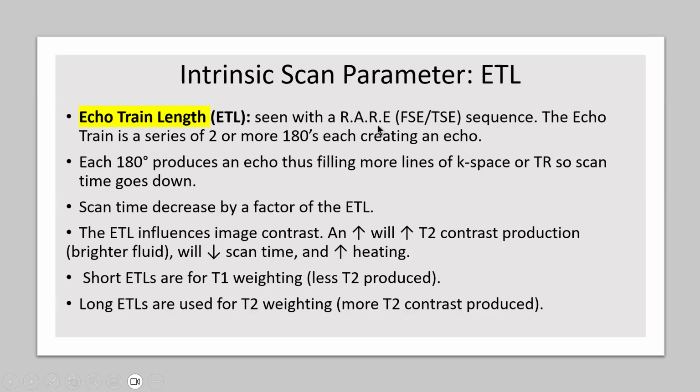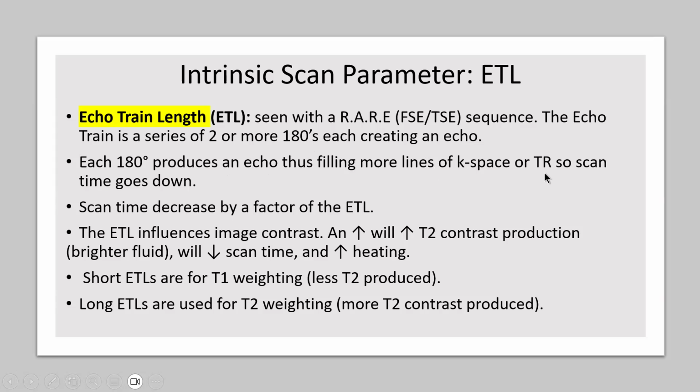So RARE, they might throw it in there at you, just so you know. The echo train is a series of 2 or more 180s, each creating an echo. Each 180 produces an echo, thus filling another line of K-space,